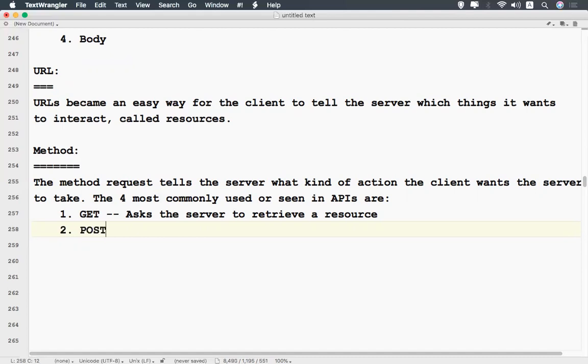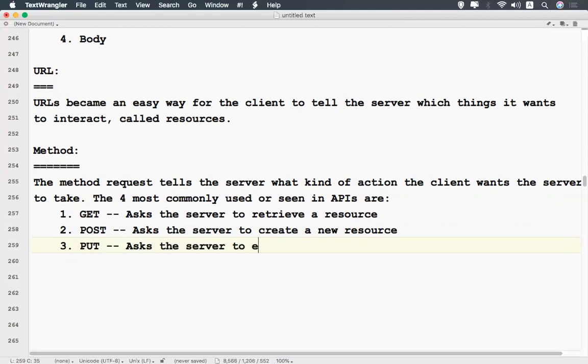For better understanding, please watch the previous video. POST asks the server to create a new resource. In GET we get already existing resource information, and in POST we are creating a resource. PUT asks the server to edit or update an existing resource. So we have DELETE.